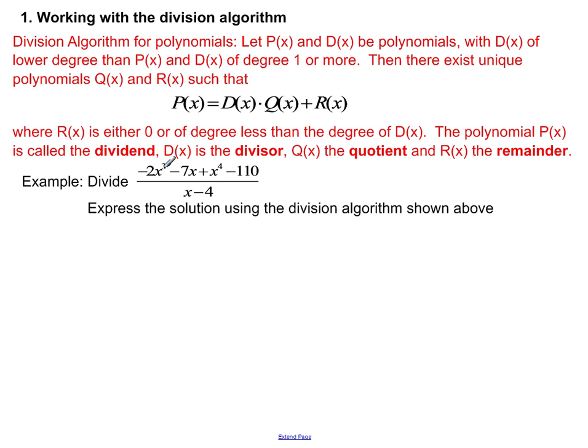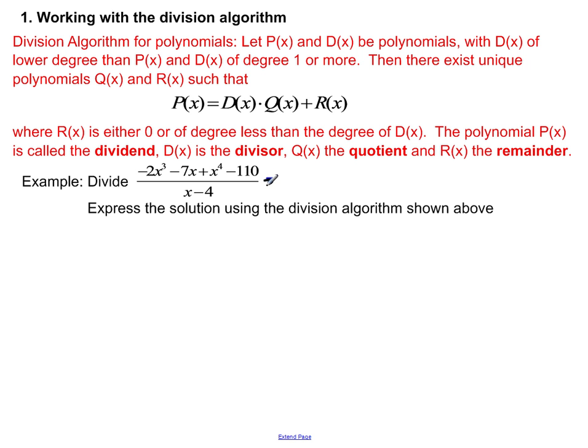First of all, if I'm going to do a polynomial division, I need to make sure that p of x, the dividend, is in descending order over d of x, which is our divisor. So in this case, we really have